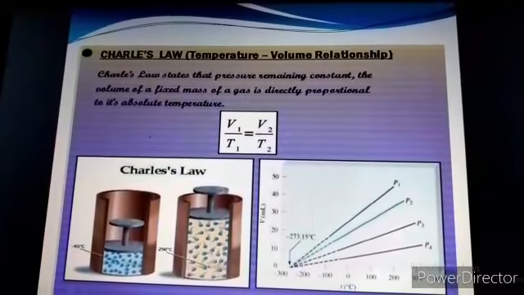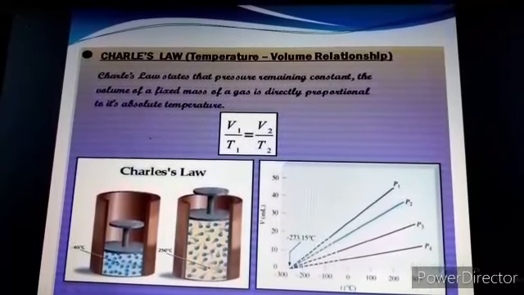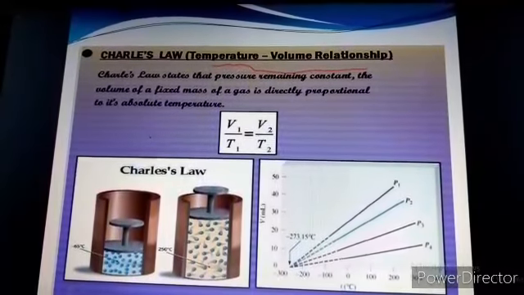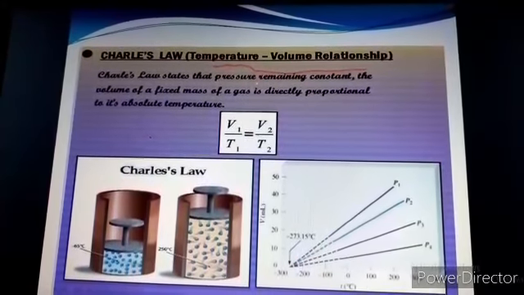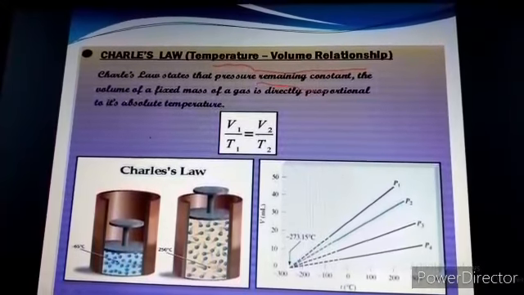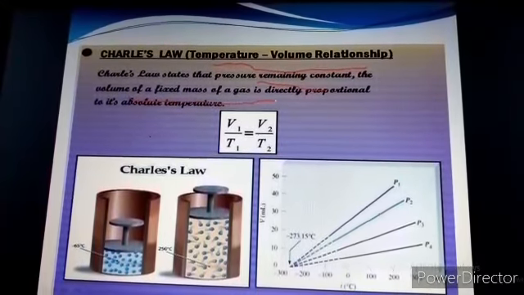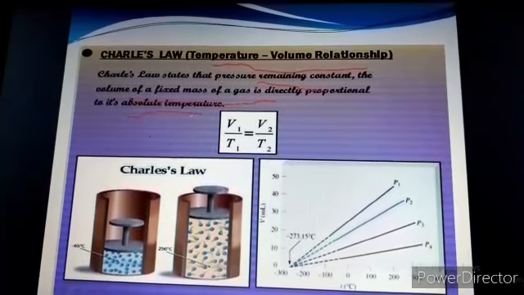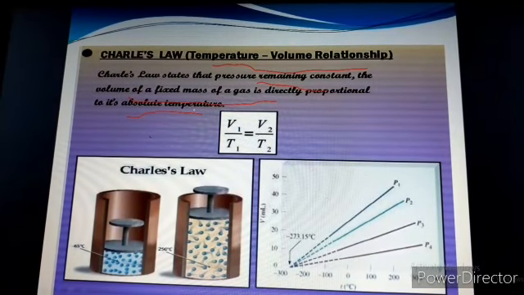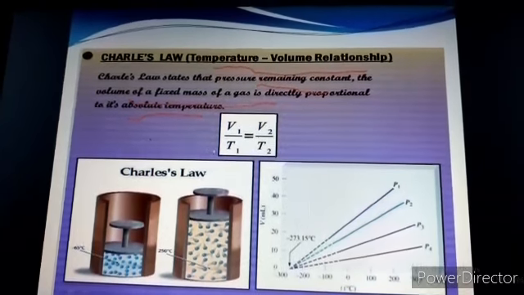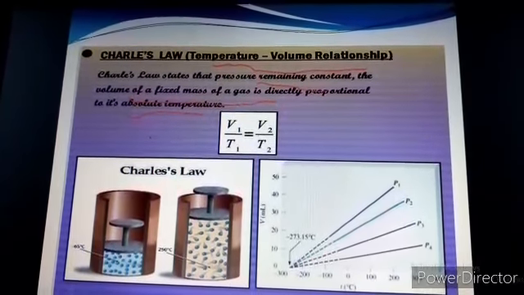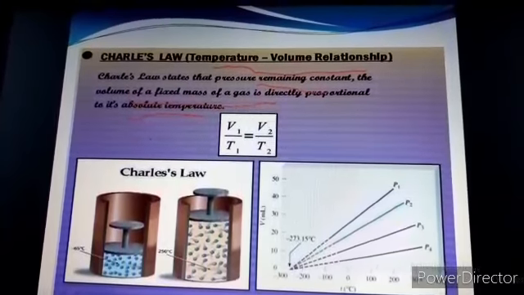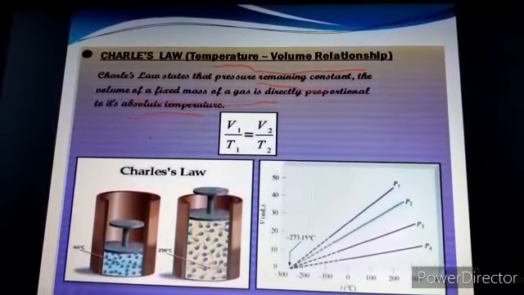So the next one is Charles's law. It is a relationship between temperature and volume, with pressure and amount of gas fixed. According to this law, with the pressure remaining constant, the volume of a fixed amount of gas or mass is directly proportional to absolute temperature. It means if we increase the temperature, the volume of gas also increases because the kinetic energy of the particles increases. So V is directly proportional to T, so V upon T equals constant. For a gas with volume V1 and temperature T1 at constant pressure and amount,